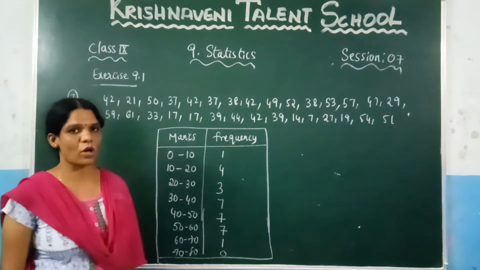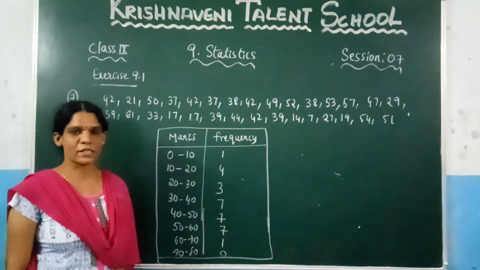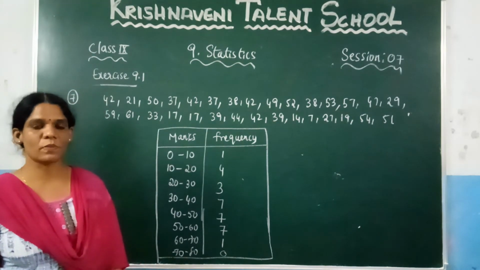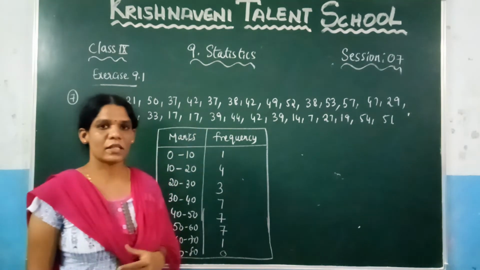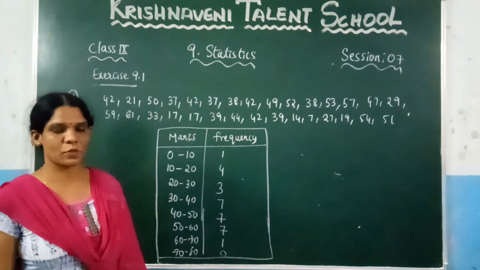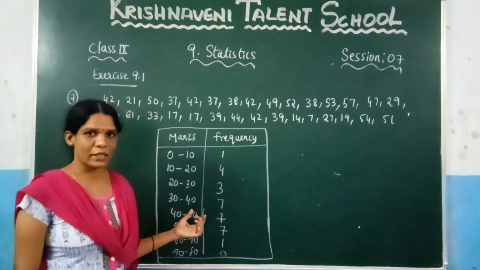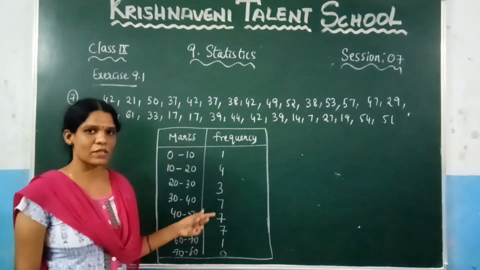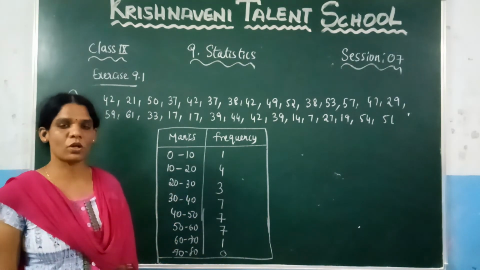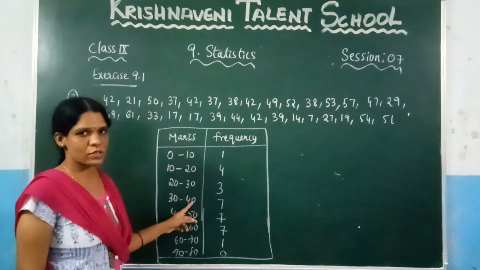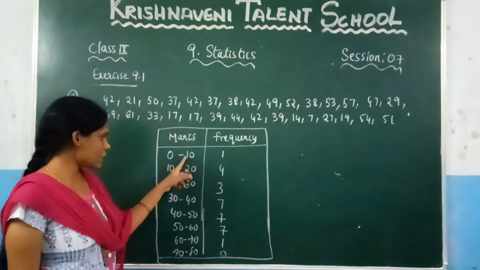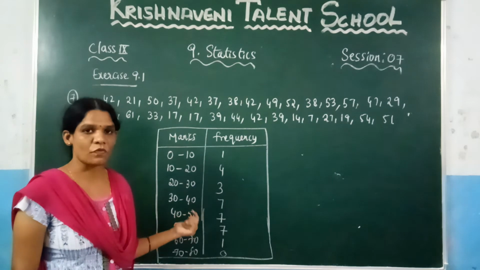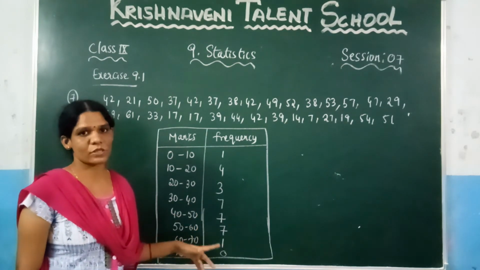So let us see again what is the question they have given here. Out of 75 marks the exam was conducted for the 30 students. So the 30 students' marks are given here. They asked to form the grouped frequency distribution table. For that we have drawn the intervals. Here you can observe that we have written these intervals in the form of exclusive classes. So we should not include these values. Since we are not including these 10, 20, 30 in these class intervals, this type of class interval we call an exclusive class interval.